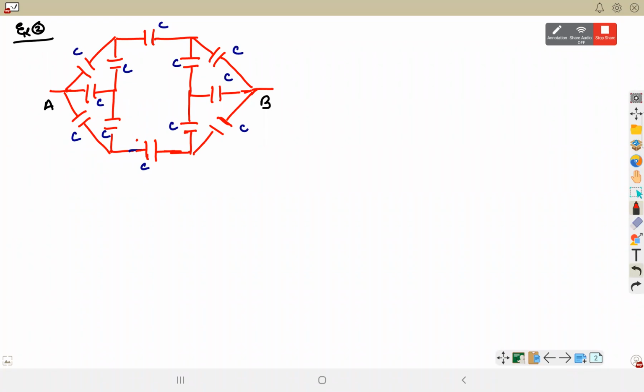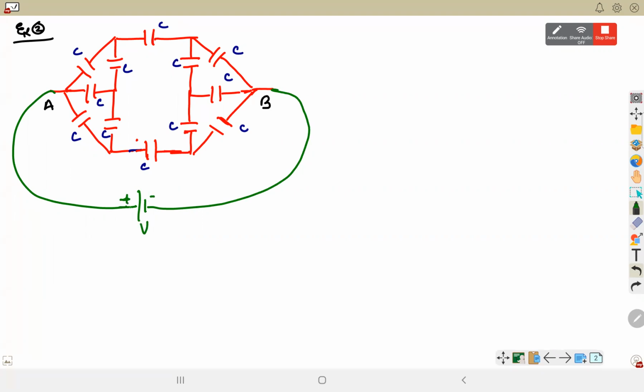Arnav, how to do this? So we'll first draw a horizontal plane of symmetry through AB. Okay. Then sir, वो जो mirror image points हैं वो tag कर देंगे. Okay, connect a battery between A and B. Did we do this exact same question last class? I don't remember. No, but we did a very similar one. Okay. So there is a horizontal plane of symmetry.